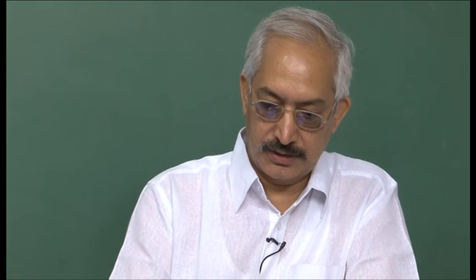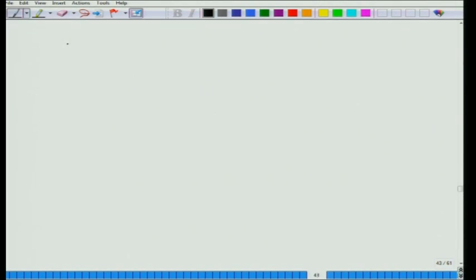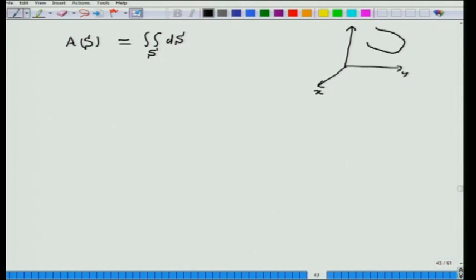The next one is, we have seen that the surface area A s is given by the double integral over the surface S of the element of surface area d s. Here you have a 3-dimensional figure x, y, z, and this is the surface bounded by the curve, let us say C here, and this is surface S. So, here the element area is d s, and we have seen that the outward normal becomes